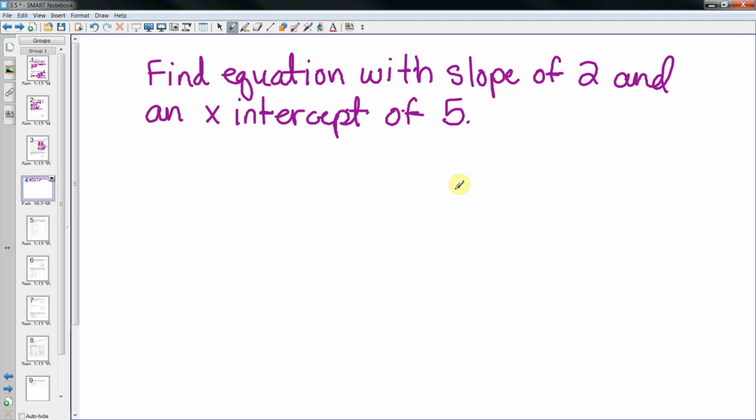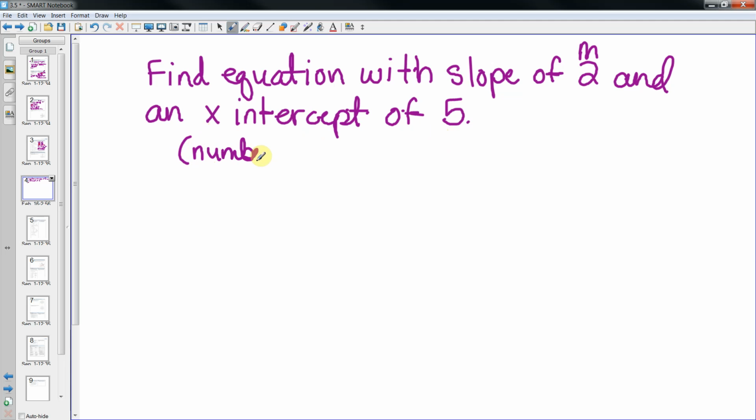Now, in this one, they gave me the slope, so this is going to be my m. That's step 2, but they gave me the x-intercept. They didn't give me an ordered pair, but you should be able to know how to make an ordered pair out of the 5. Remember, x-intercepts are going to be